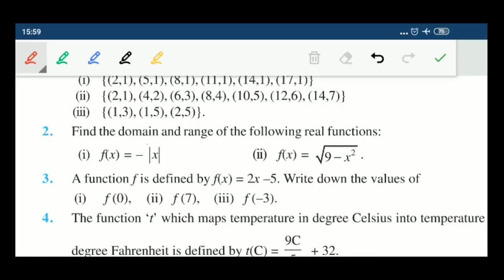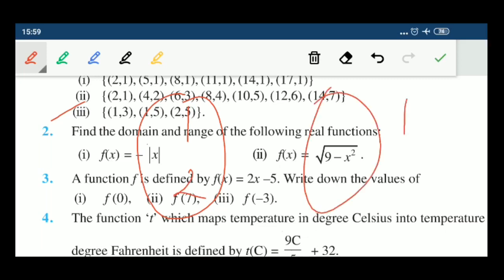See the third part. In the third part, you can see it is not a function. Why is it not a function? You can see here set A contains two elements, 1 and 2, and set B has the elements 3 and 5. But you can see here that 1 in A has two images, 3 and 5, which is not possible. So that's why this relation is not a function.